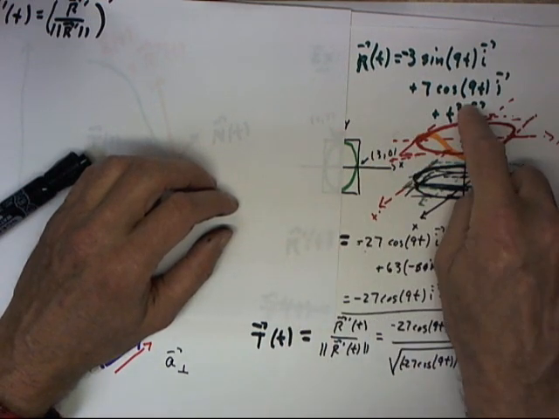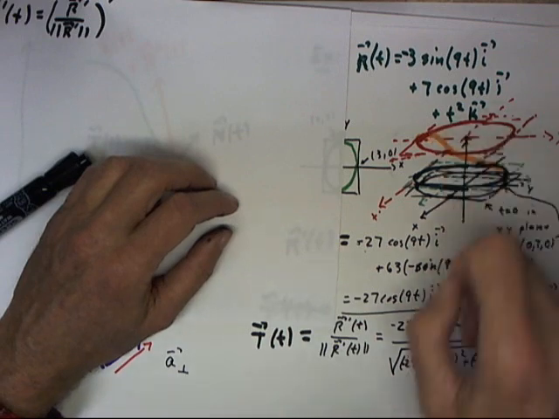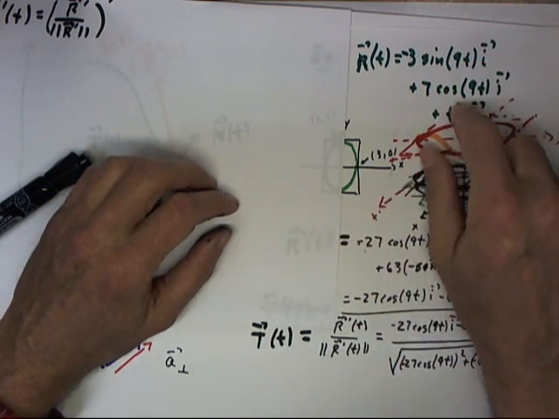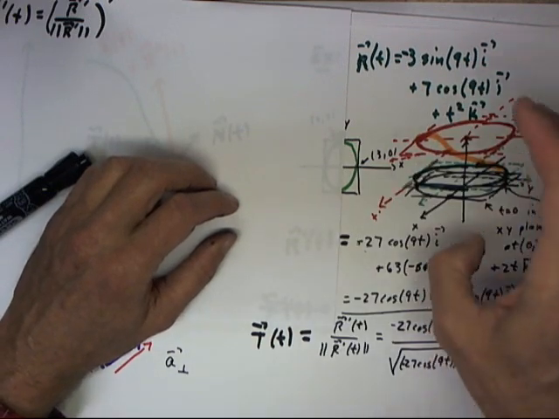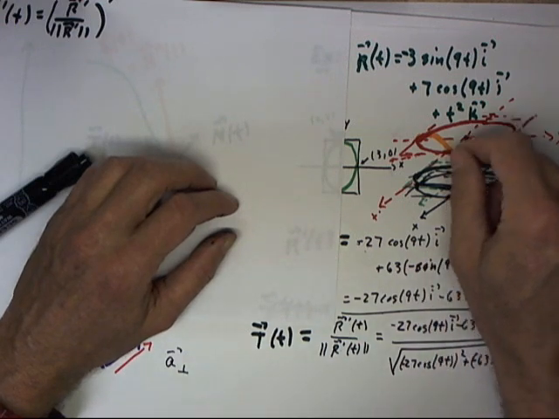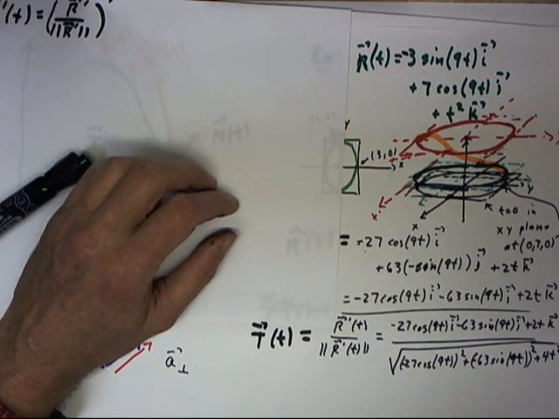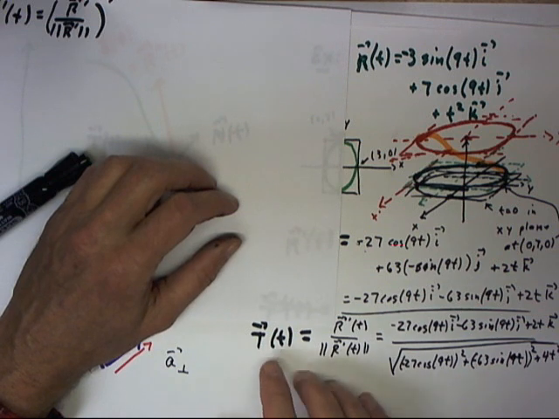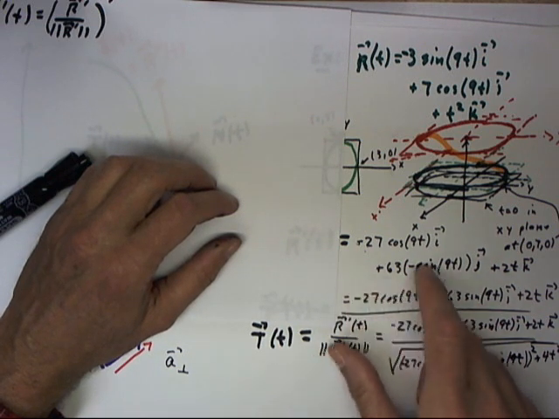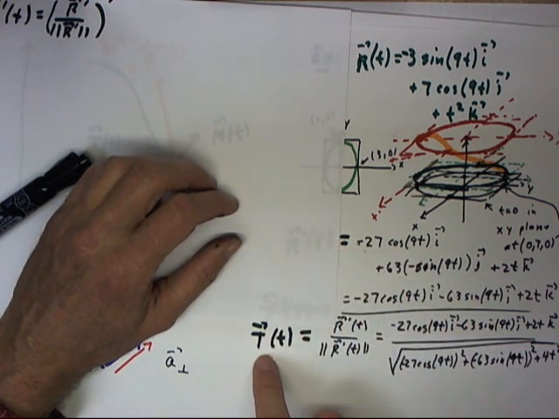Okay, for the r(t) function here, we've made an attempt to sketch and indicate the way this function behaves in space, the path traced out by this vector in space. And we've calculated the derivative of r. We've calculated the unit tangent vector by dividing the derivative of r by the magnitude of r, and we got